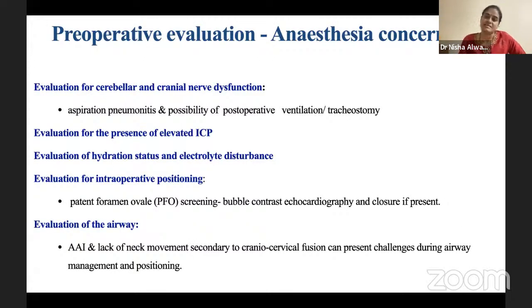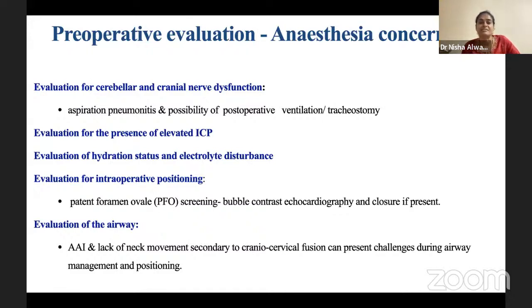So what are our anesthesia concerns preoperatively? As I was telling you, it is about the cranial nerve deficits as well as the baseline neurological status, which matters most. If there are cranial nerve deficits, there are two things that I would be concerned about. It's about the possibility that the patient is already aspirating if there is a lower cranial nerve dysfunction. And if lower cranial nerve dysfunction is present previously, then postoperatively extubation may not be a good idea. So it's important that we discuss with the family as well as the patient the possibility that post-op ventilation and tracheostomy may be needed.